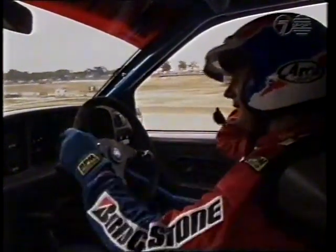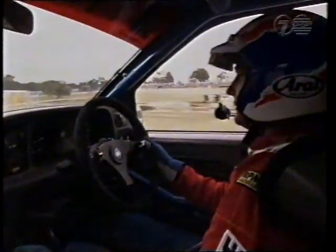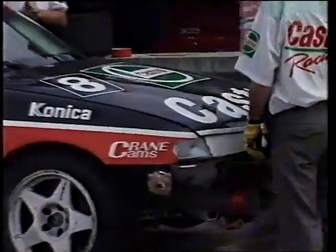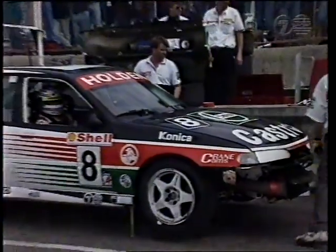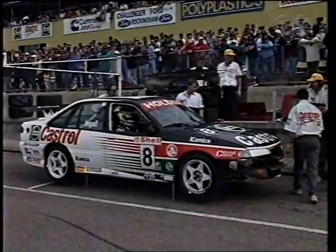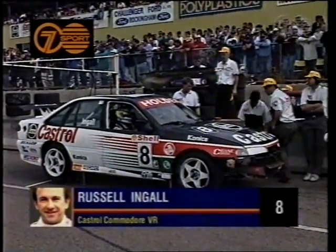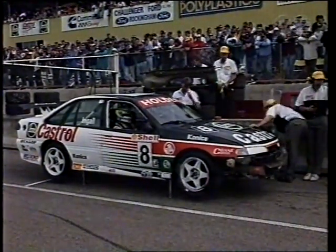Glenn can hear me, but we can't hear him. Problem with the microphone there in Glenn Seaton's car, unfortunately. Uh-oh. What have we got here? Russell Ingall, he's certainly in the wars today. Shaking his head after that little touch, as we mentioned at the start of the first heat. It looks like he's torn the front off it somewhere. I'm not sure whether he's gone off or...